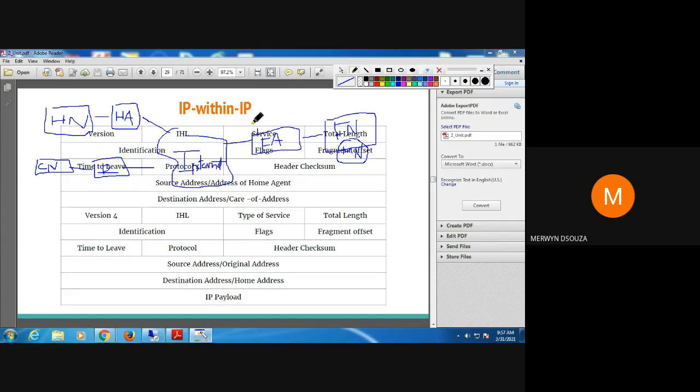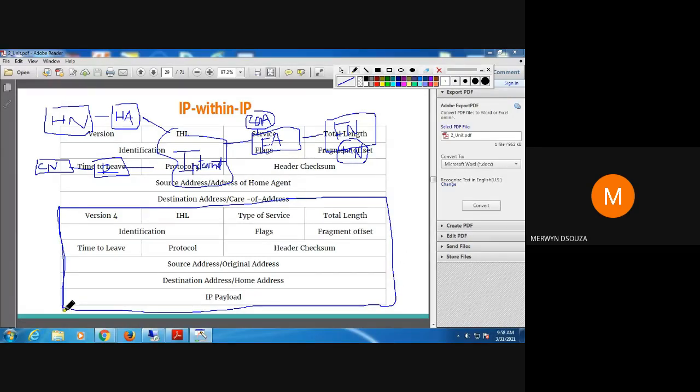In the foreign network, your MN has already obtained the care of address. Now CN does not know about the care of address. It knows only the original address of the mobile node, so it always sends with the original address. When CN has a data packet to send, the data packet format is this. This is the IP packet format that you have studied in computer networks.